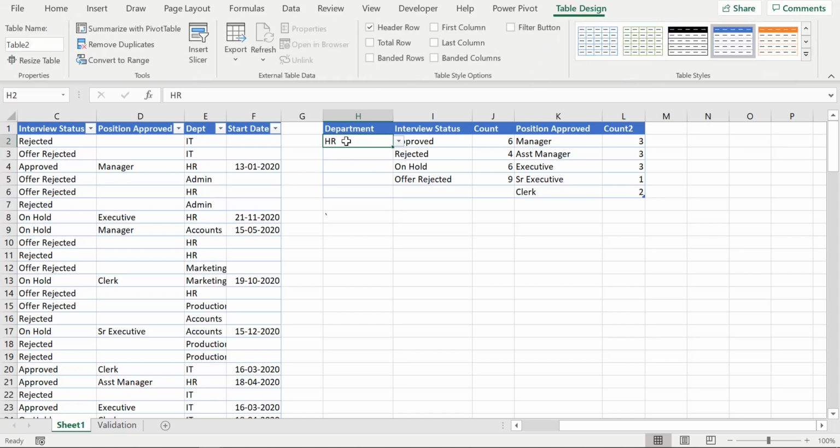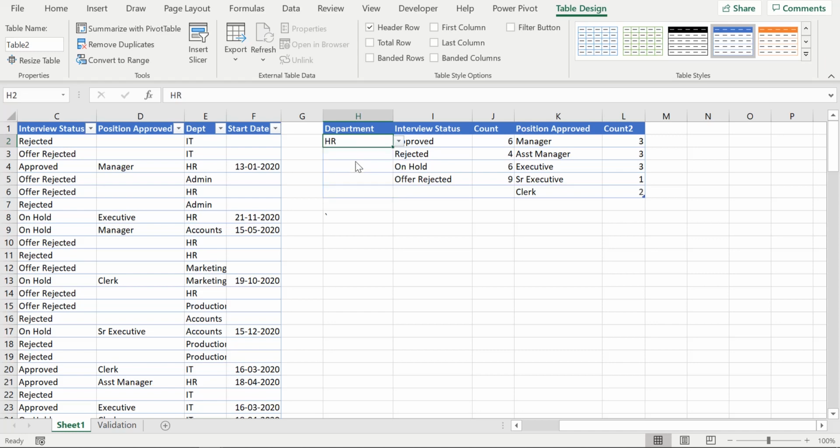And now the beauty of this table is that it's an interactive dynamic table. Now I click admin, you see all the values changed again. I click marketing, again the values change.